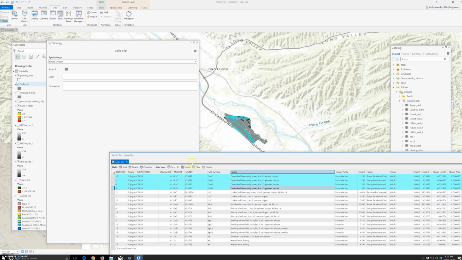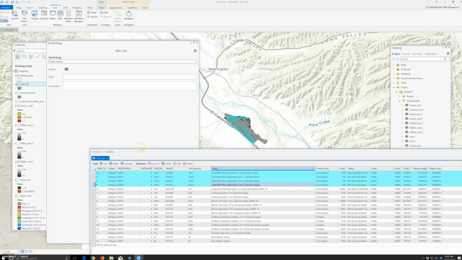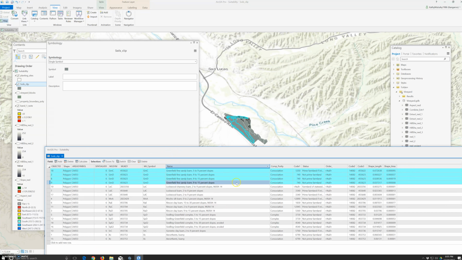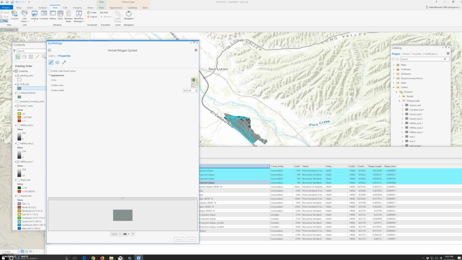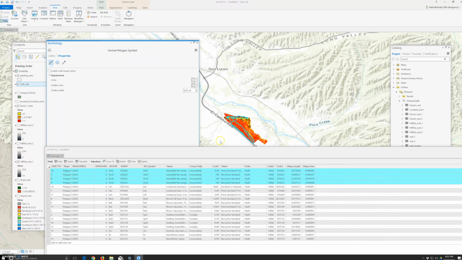Let's see, what was the reason for that? With 9 to 15 slope, the slope, percent slopes. Let's see, soil clip, maybe we'll just do no color. Oh, not white, no color. Let's try it. Alright, so